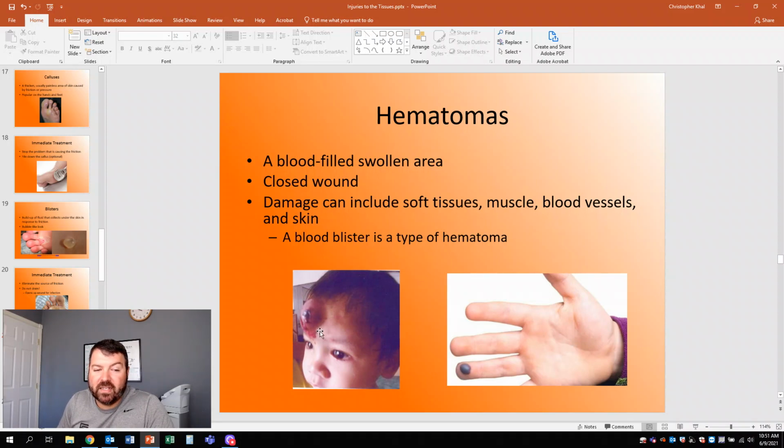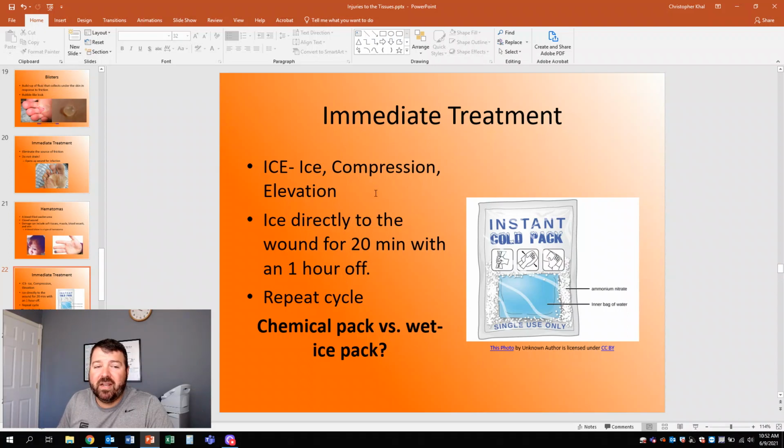Other times it could be as bad as this one on the head. I'd be more concerned about other areas besides the hematoma on this child, or infant, that fell. I would also look at skull and cranial damage, concussion-like symptoms, or anything else. What's also bad about this area up here is that it's probably going to drain at some point, and it's going to give this kid a huge black eye. But with hematomas, I wouldn't do a lot. I would just give them some ice over them and let them go down on their own. But keep in mind the items underneath that could be affected.